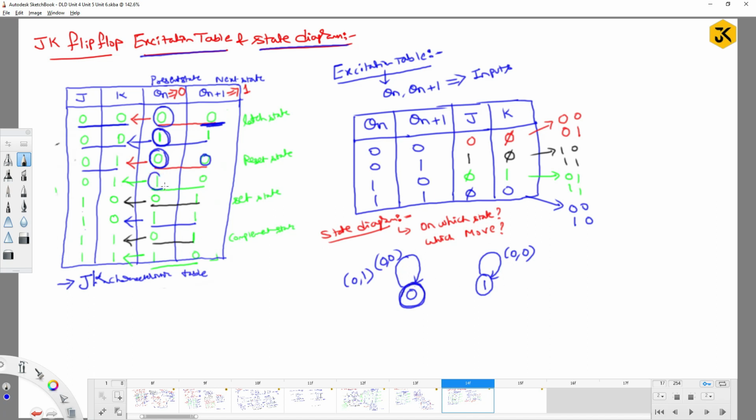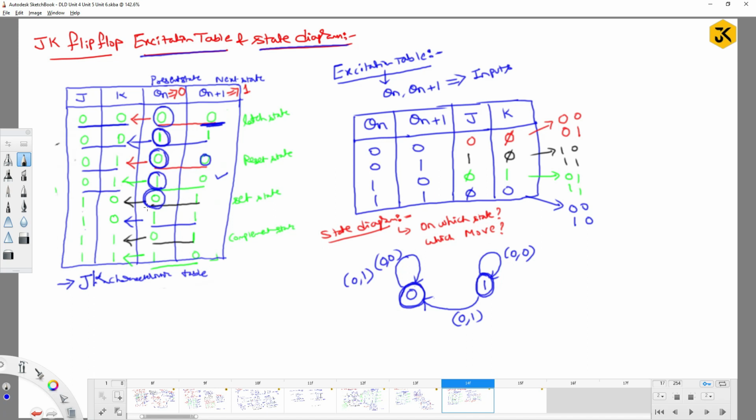Similarly, if I have the present state as 1, if I get the input as 0 1, I will move to the 0th state, right? Meaning that if I am present at the 1 state, if I get 0 1 as input, I will be moved to the 0th location. Similarly, if I am present at the 0th state,